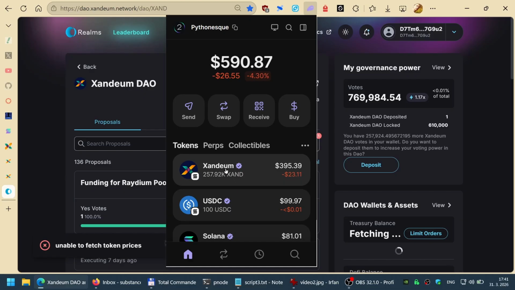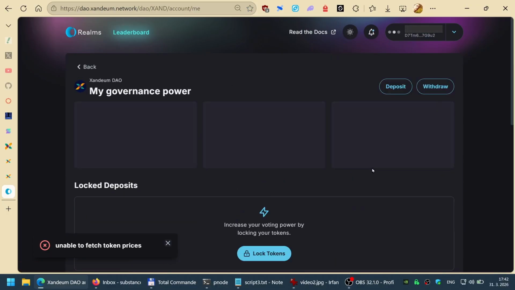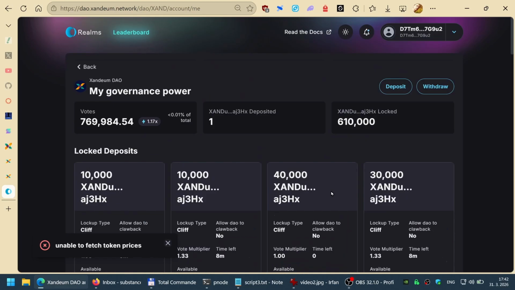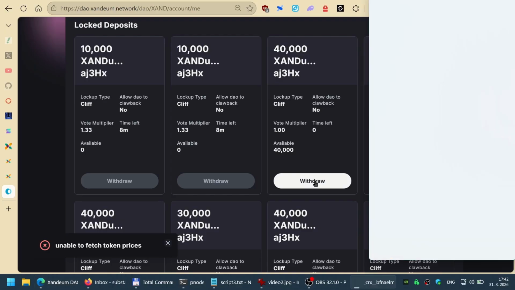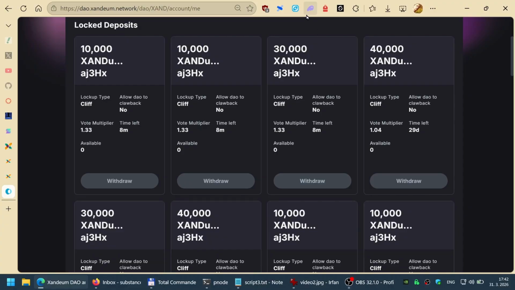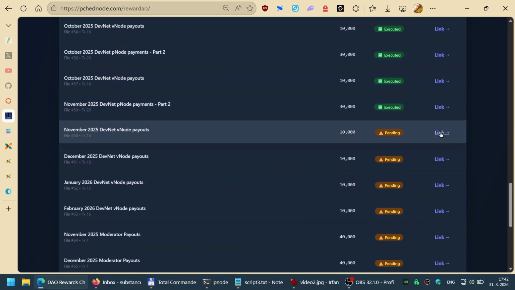Why is it? And it's because rewards for DevNet don't go to wallet, but they go to my governance power because they are locked for 1 year. I'm not sure which one it is, but you will have to wait till the time passes and you can withdraw it. Like I have one older ones, not the one I executed today, but something older. So I can click withdraw, 40,000, and done. So you search for your wallet here and open link,